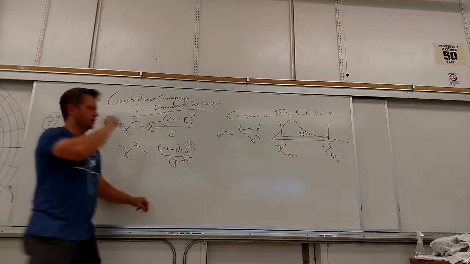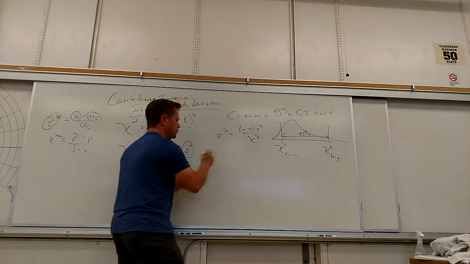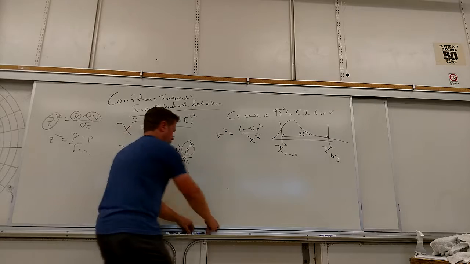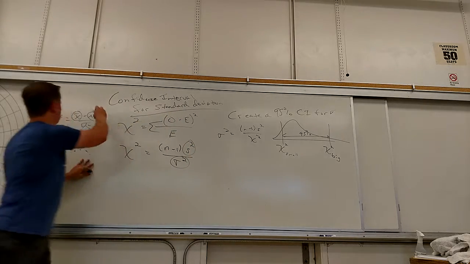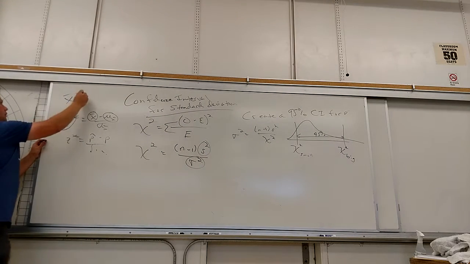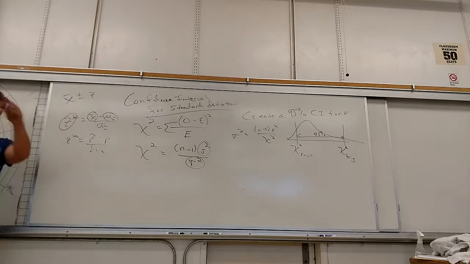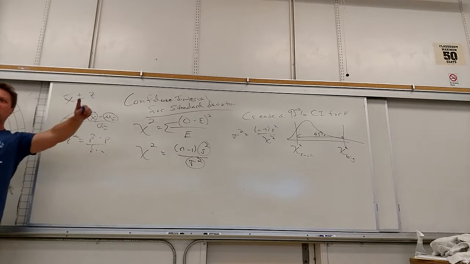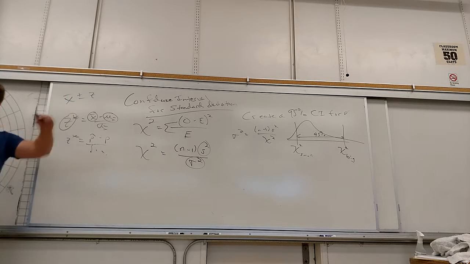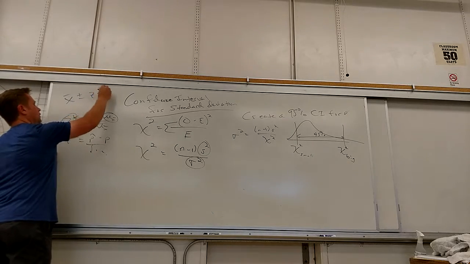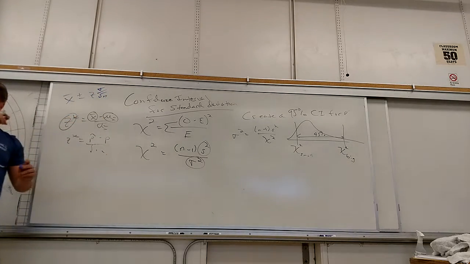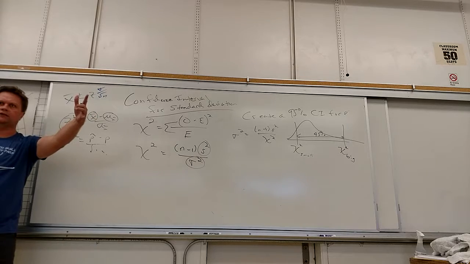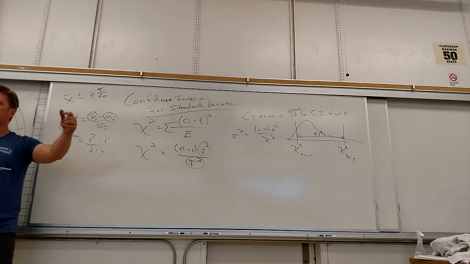Watch me. Stay with me. What do we do when I want to make a confidence interval for a mean? I look up two z-scores. A big one and a small one. A positive one and a negative one. Right? Are you guys with me? That kind of bounds the middle 95%, and then I make a number here and I make a number there.